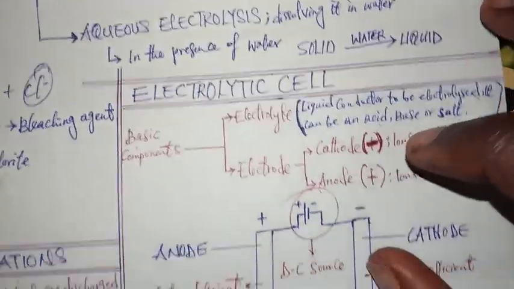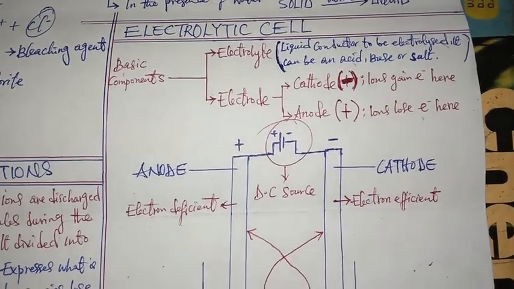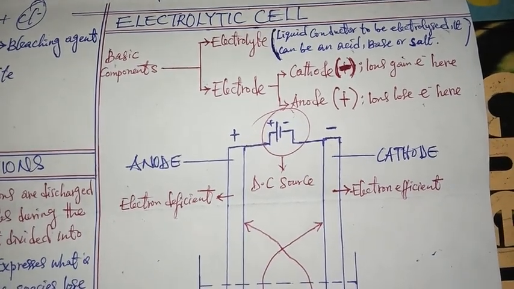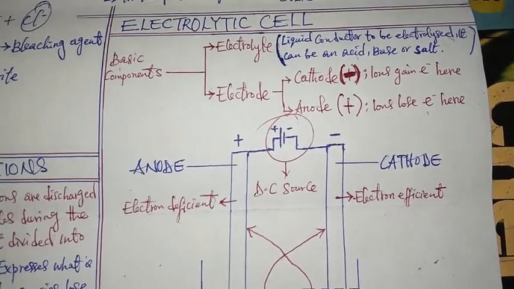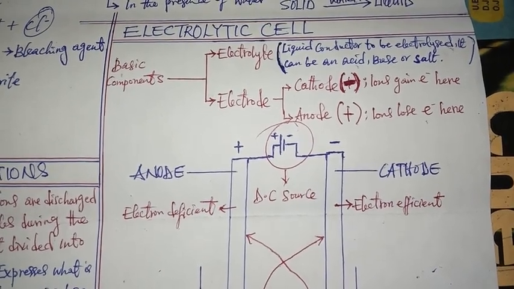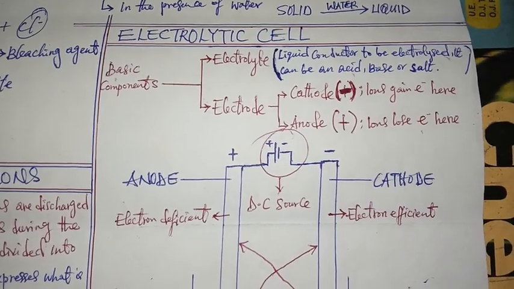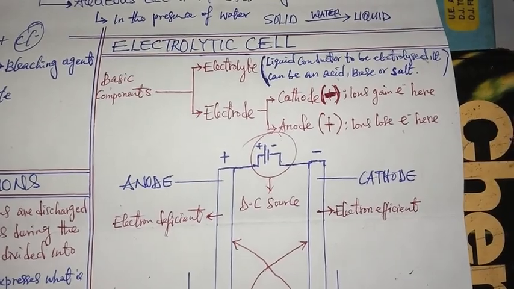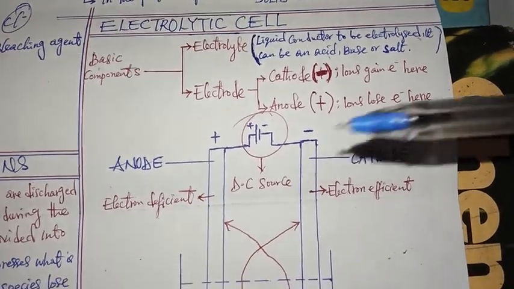The last time I posted, we talked about the definition of electrolysis, types of electrolysis, and the relevance of electrolysis. In this video, we'll be talking about the machine that we use to perform the electrolytic process. This machine is known as the electrolytic cell. So whenever I say electrolytic cell, I am talking about the machine we use when performing electrolysis. The basic components are